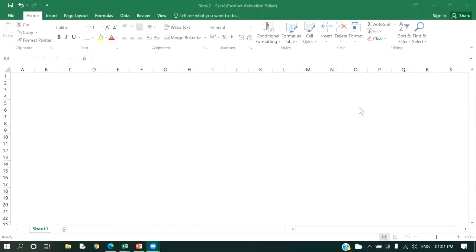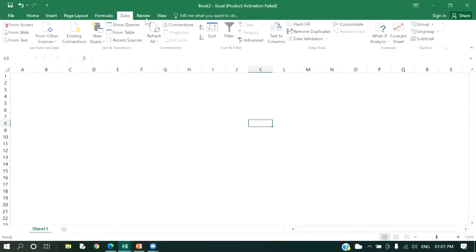A very good morning to all. Today we are going to discuss protection of your Excel sheet, how to protect your sheets basically. There are two types of protection. One is that whenever you open an Excel file, it will ask for a password. Another way is protecting the content of the Excel sheet. So first we are going to apply protecting the content.